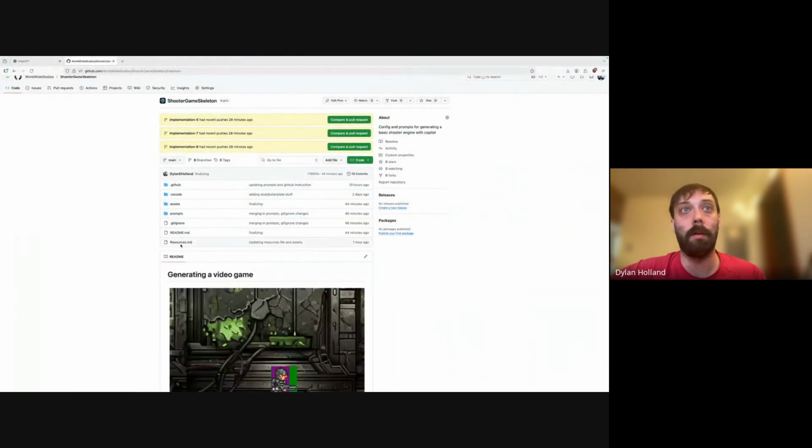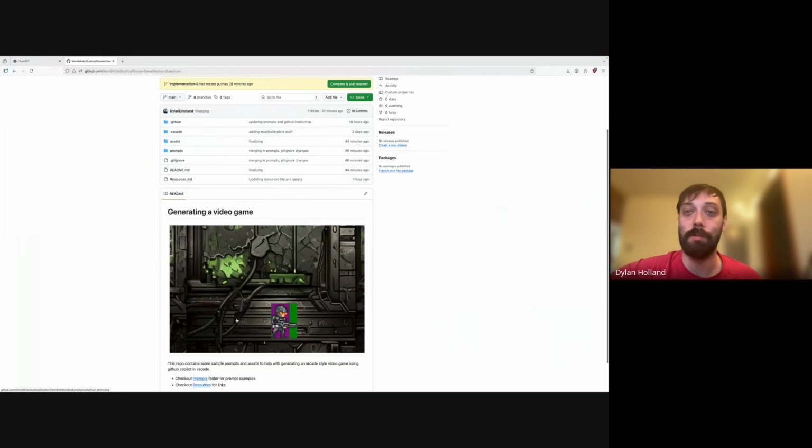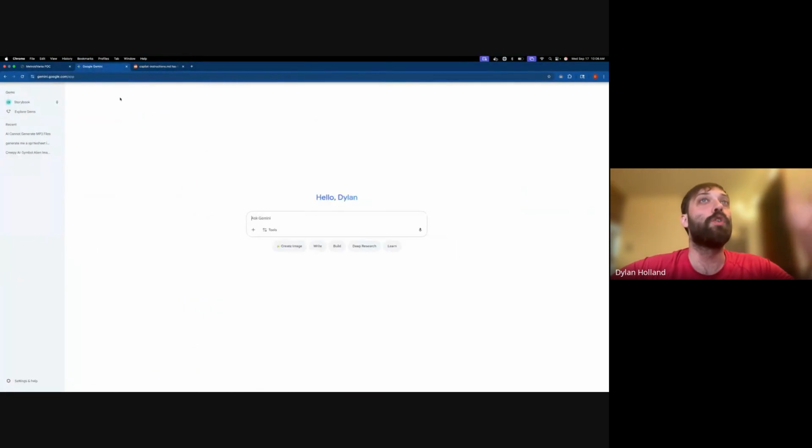Another thing that I did, so I wanted to actually use assets. I did one of these before where I generated a simple Mario, old-fashioned Donkey Kong style game, but I was just using a circle and some squares. I wanted to actually use assets this time. I tried this a few months ago with ChatGPT and even Gemini before, and they were pretty bad, but the new Gemini Nanobanana was pretty good. So to get this sprite and even this background, what I did, you could probably just ask it,